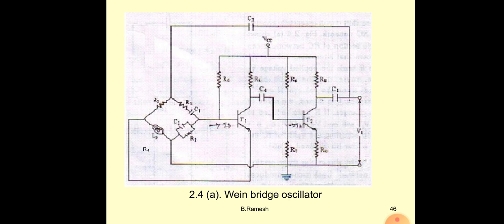The oscillator circuit output voltage is VF, the feedback voltage, which we give to the input voltage, and both are in the same phase. When the IB current increases, the IC current increases, so the VC voltage decreases. Now the T1 transistor output voltage is out of phase with the input voltage, and that out of phase voltage we give to the T2 transistor. Again here the IB current decreases, the IC current decreases, but the VC voltage, the T2 transistor output voltage, increases.